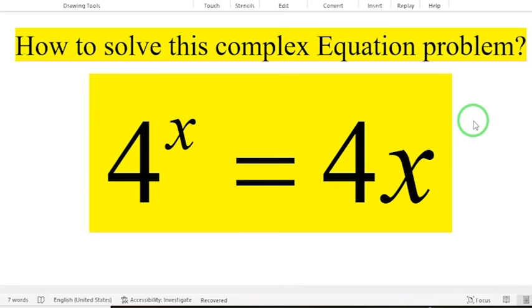How to solve this complex equation problem? It is a little tricky and challenging. Okay, let's start. To solve this type of equation, first we assume that every side of the equation is